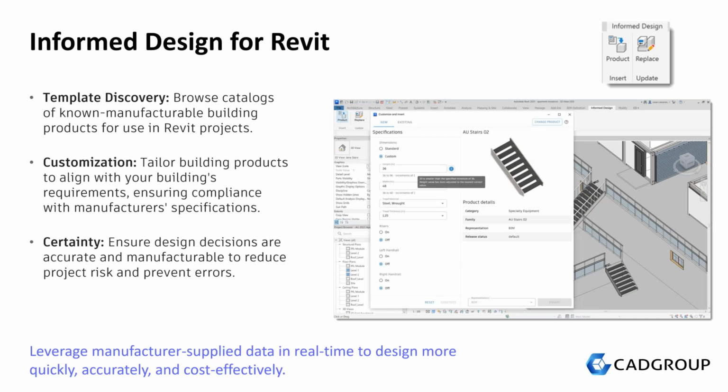Autodesk Informed Design. Autodesk Informed Design for Revit is a platform-based solution that brings manufacturing information to the beginning of the design process to inform design decisions, improve project certainty, prevent errors, and accelerate our customers' workflows. The Autodesk Informed Design add-in for Revit allows designers to utilize product manufacturers' products with the constraints defined by the manufacturers in